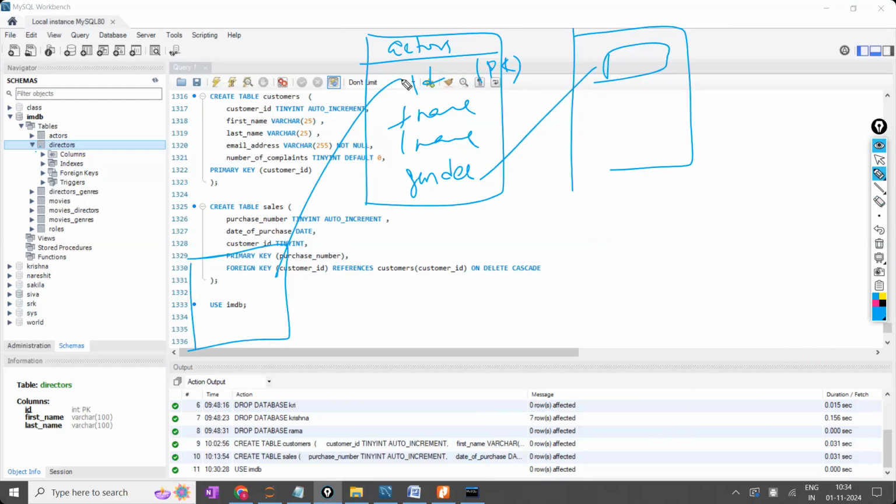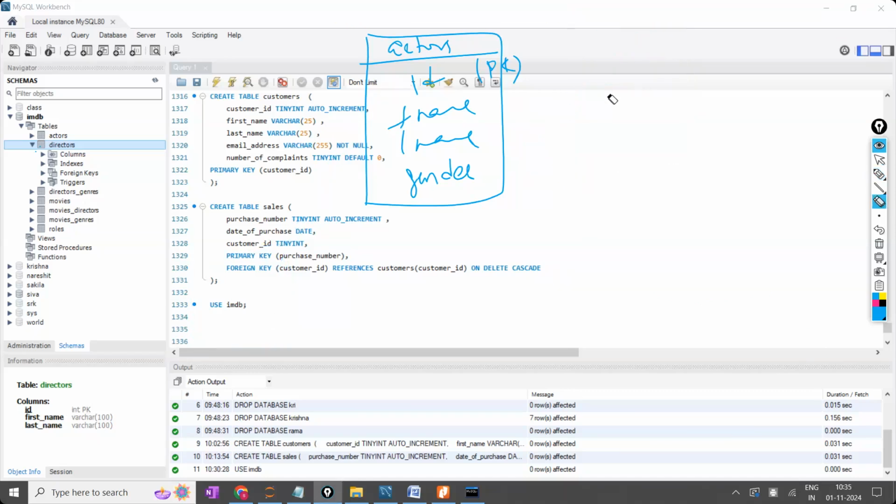Is the point clear? That is the second diagram. One more diagram I will draw. Okay, first time only, no need of compulsory, because first time only to draw perfectly. I know about this database. I don't know now what tables are there, what columns are there. I only don't know. Then how can I write?